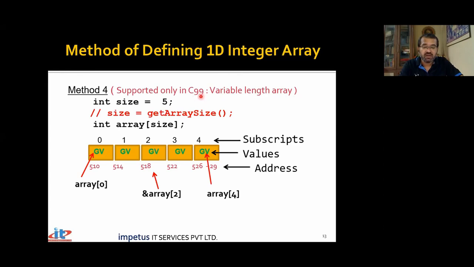But this was not there earlier. It was later provided in C99. Now C99 is also an old story for us, but that's also a very popularly used version in the market even today. And after this is C11. That's another very popular one, but C99 allows you this. So this is a variable length array. So the first time you run the code, it was of size 5. Next time it could be of size 50 and so on.